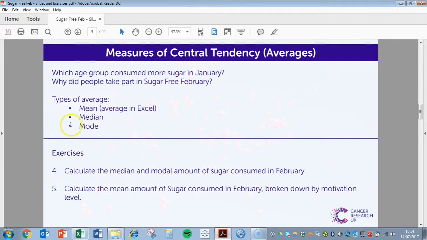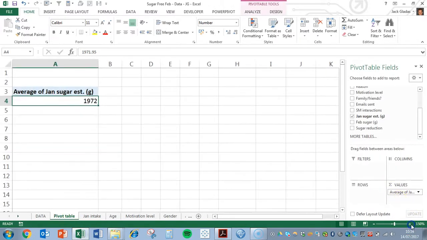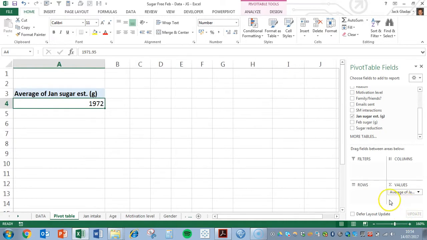Now, finally, the mode tells us the most common value in a set of values. Now, we can use a formula for this, equals mode, but it's probably easiest to look at it in a pivot table and just look at which value has the highest count. So, going back to our pivot table, let's see the modal reason for people taking part in sugar-free Feb. If we clear our fields,